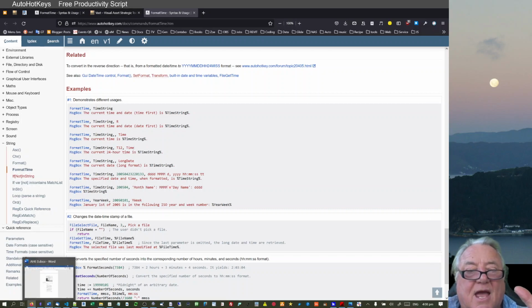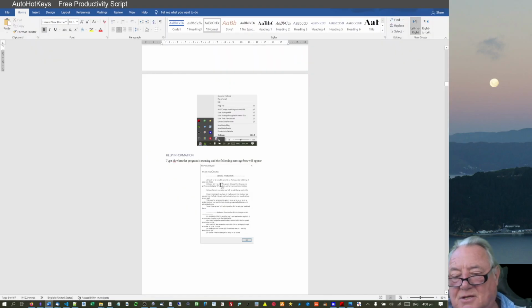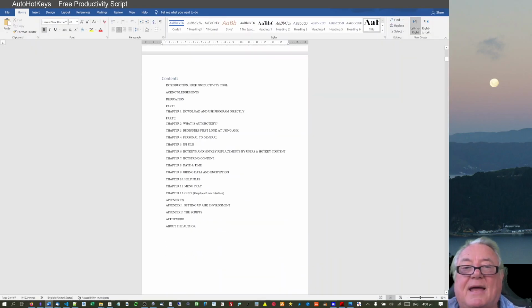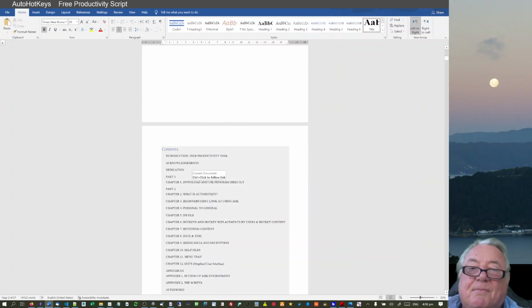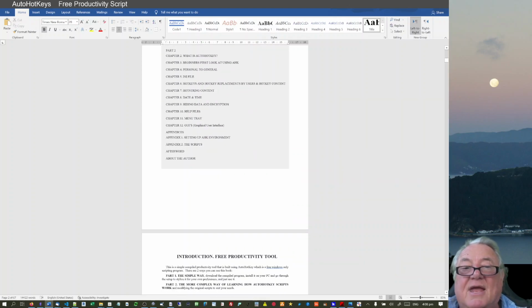Now, the other thing I just want to draw your attention to, so I'm just going to shoot back up to the top of that, is there's a part one where you just download the program and use it directly, which is what I've just demonstrated there. There's also the second part, where you actually have to download and run the AutoHotKey file itself. So it's a free program that you can use, and there's an explanation on all of that. And right at the very end, it's setting up, because you can actually write your scripts in Notepad, but I actually use